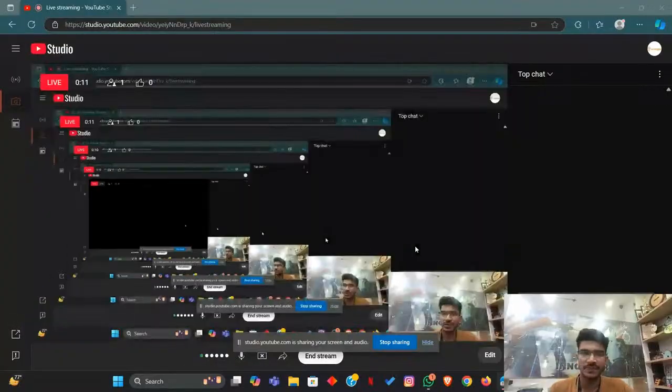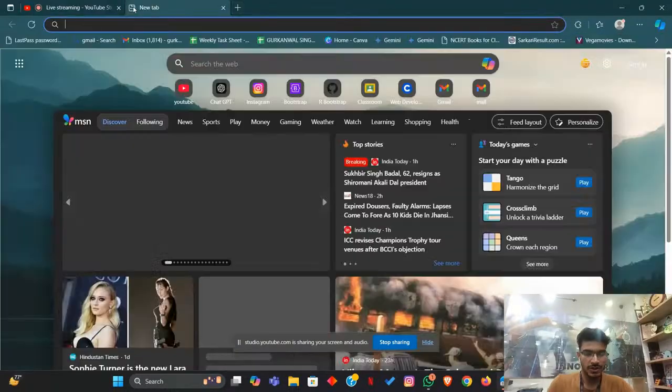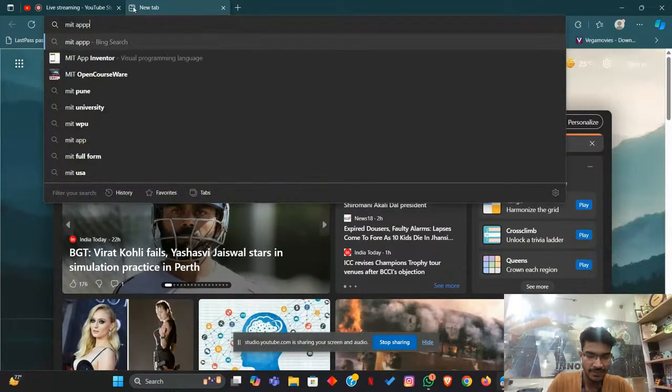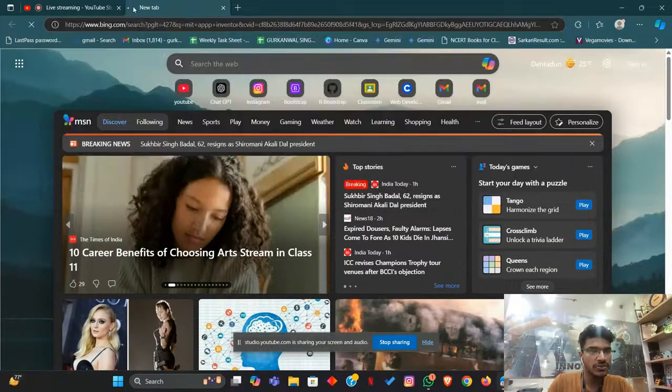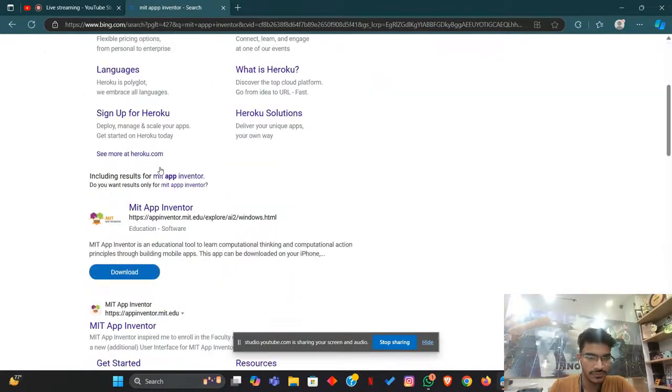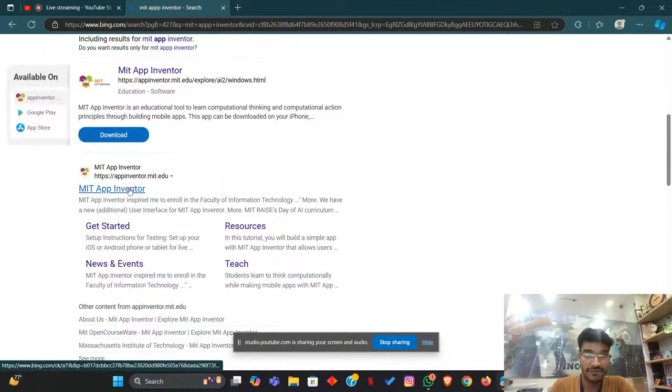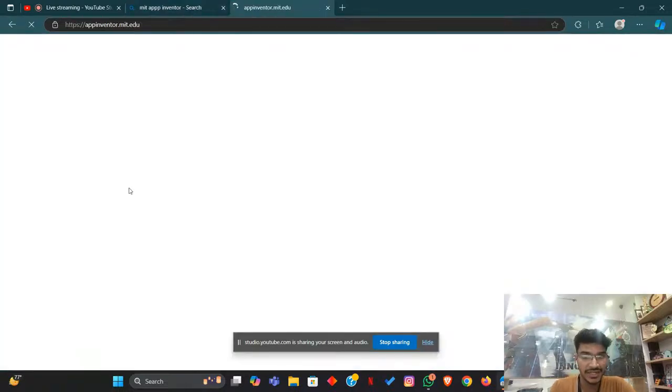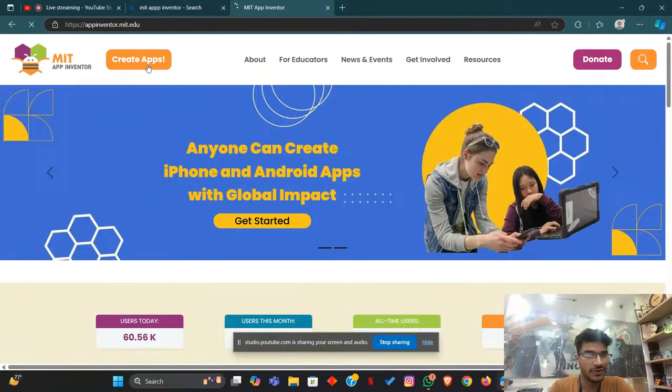Okay, so let's share the screen and let's see. Okay, let's type MIT App Inventor. So there are two ways to use this platform. The first one is that you can directly download it. If you have an email ID and want to use that, just move over here, click on create apps,